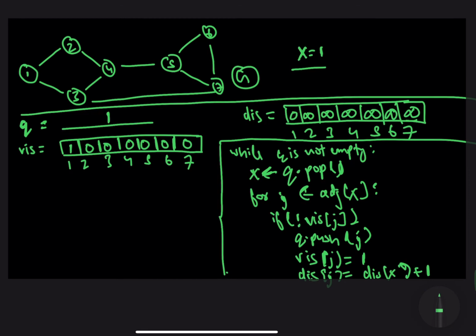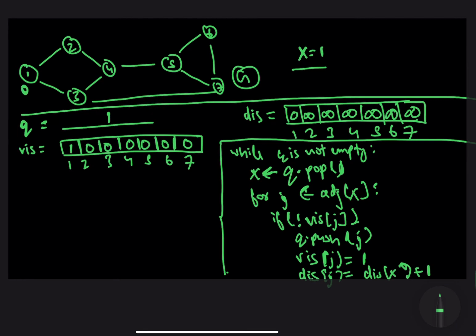And this line over here is derived from the property number 2. So this is the entire code that can actually help us easily compute the distance of all the nodes from a given starting point x in case of an unweighted graph. Now let's try to understand this pseudocode better with the help of a dry run for this given test case only.